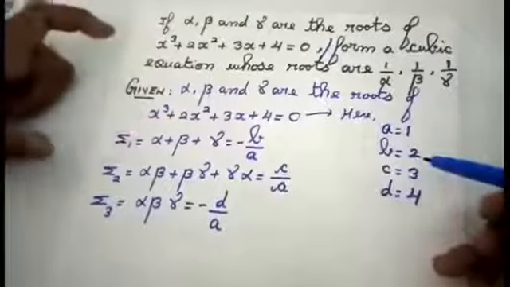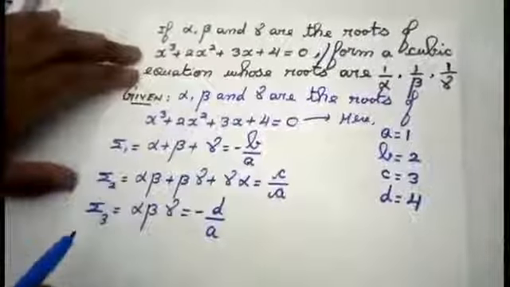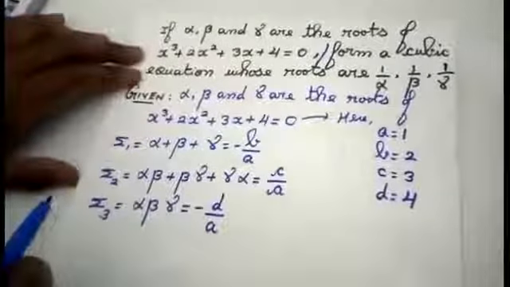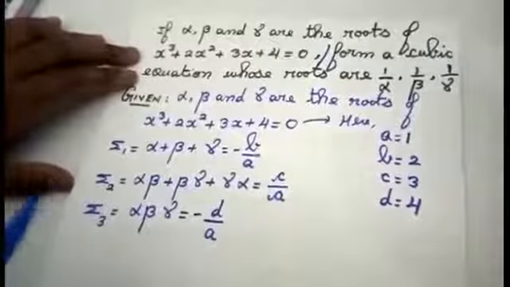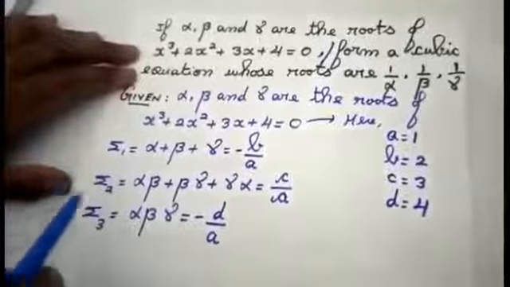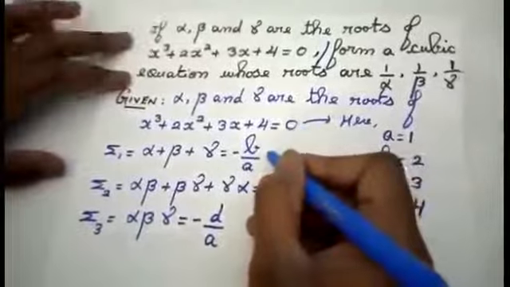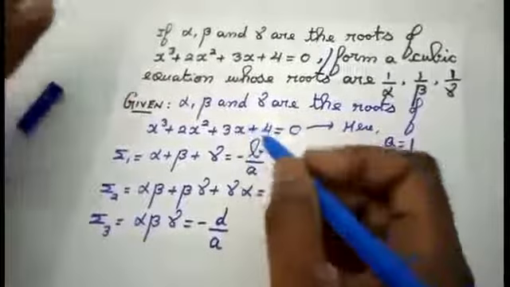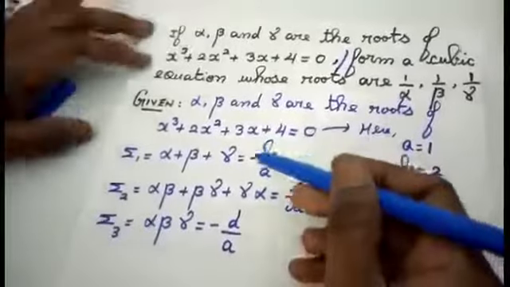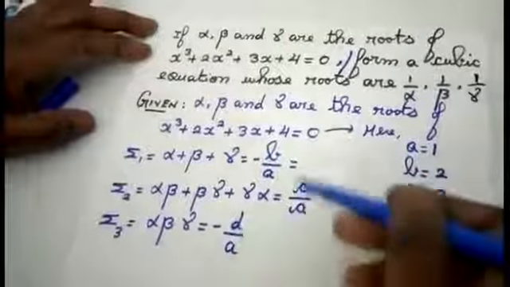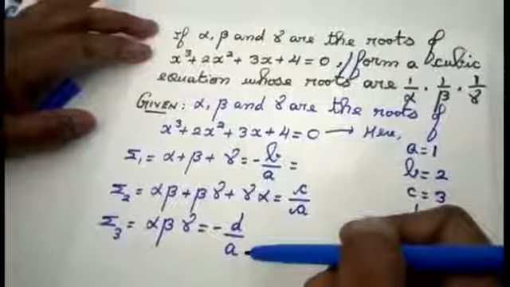So what is the procedure we saw in cubic equation? We are going to use this concept, that is summation 1, summation 2, summation 3. For quadratic equation, we are finding sum of roots and product of roots. For cubic equation, we are going to use summation 1, summation 2, summation 3, and this is the procedure we saw. And now I'm going to find the values, that is for alpha, beta and gamma, we are not having the number. Instead of that, we are going to find the values for minus b by a, c by a and d by a. If you notice here, for all these three values, the denominator is common, that is a.